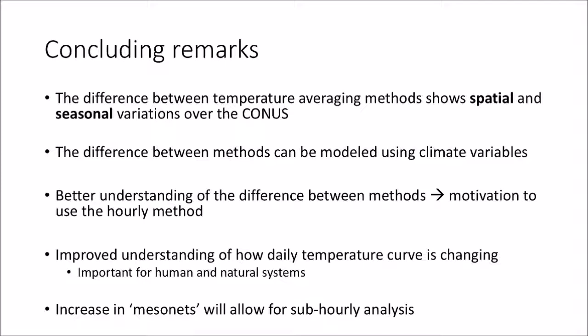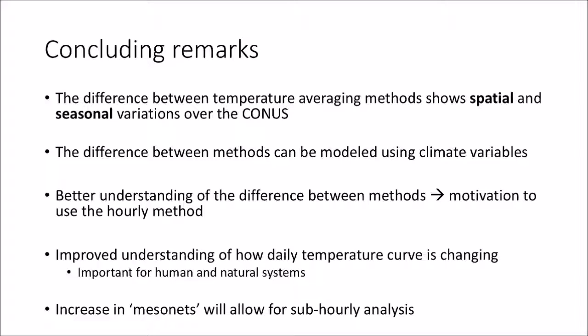Obviously the broad points here, so clearly we see there's a difference between temperature averaging methods. In some places it can be of several tenths of a degree Fahrenheit. In some individual months for individual stations it can be well over a degree Fahrenheit. So this is a very notable difference between the two methods. And obviously the latter, the 24-hourly, is a more accurate method.